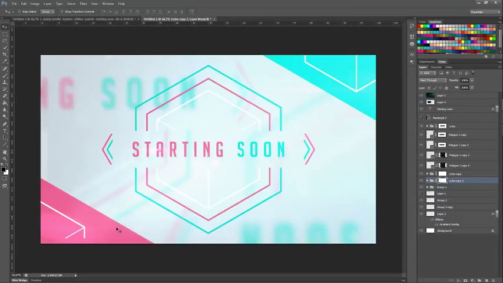And we're gonna put it there. So now we can add different types of shapes. You can add more shapes, but this is not bad for a starting soon screen. Honestly, this is not bad. I might even want to add